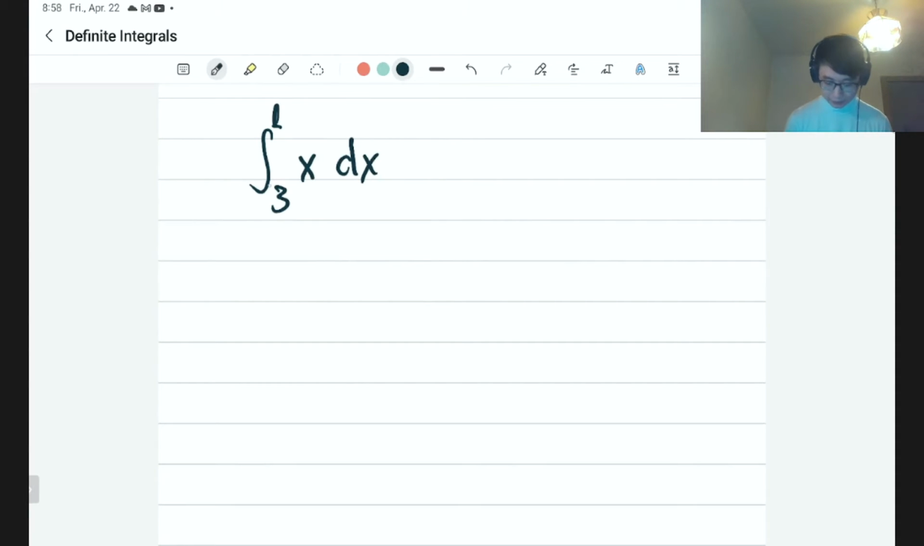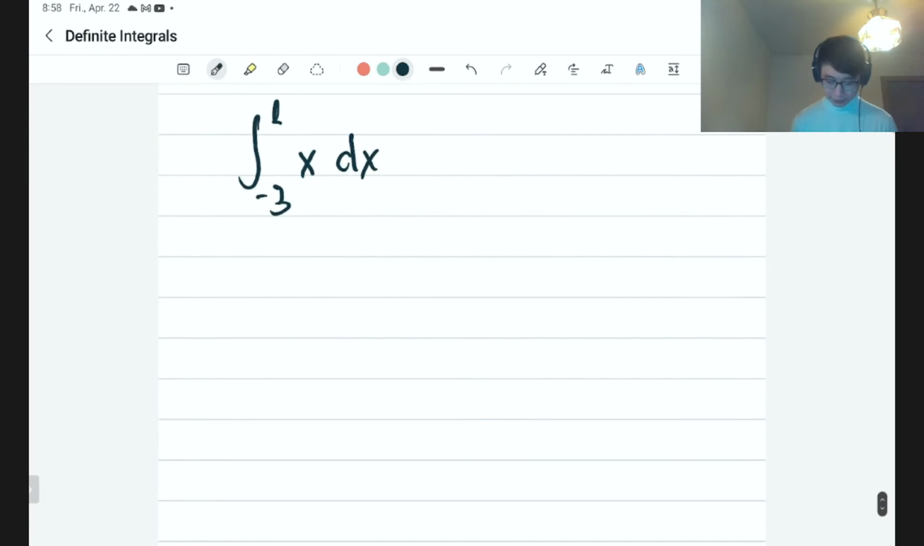So this is -3, integrating from -3 to 1. This is the problem I kind of brought up in the last video. Let's evaluate this integral. So it's equal to what? Again, we do the integral. I get this one here, right? So evaluating from